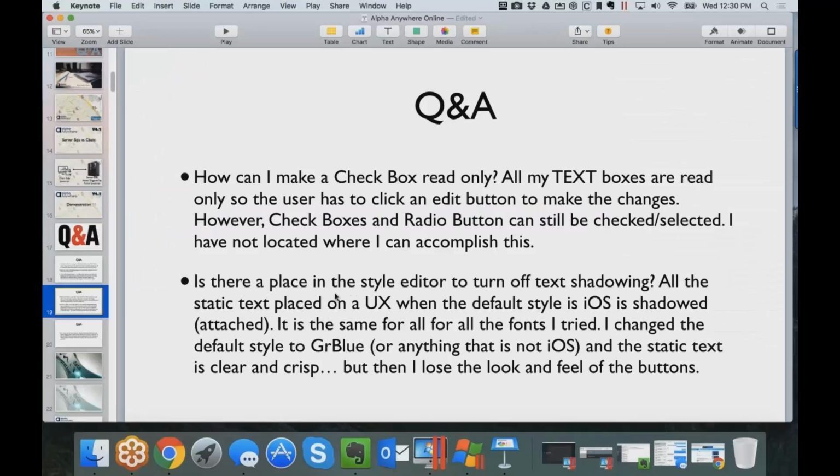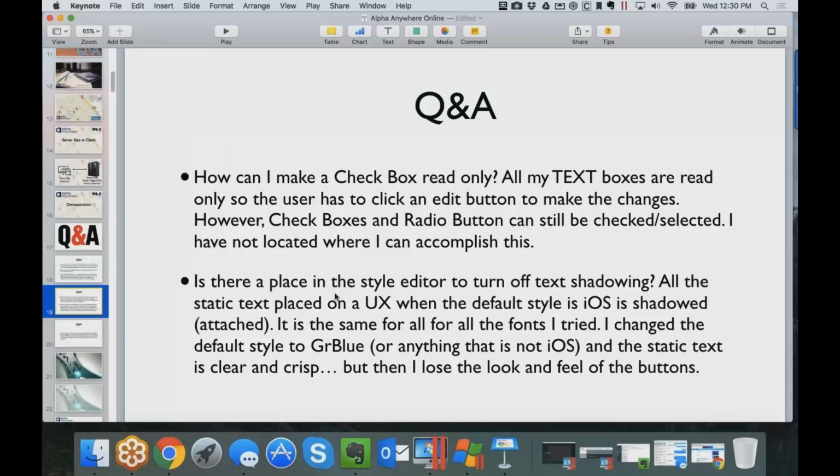So the next question, and again, if I'm moving through these quickly, not taking questions yet, so if you have a question on something I did, put it into the web control panel for GoToWebinar, and we'll come back to that. So the next question is about the style editor. Can I turn off text shadowing, in this case for a particular text item?